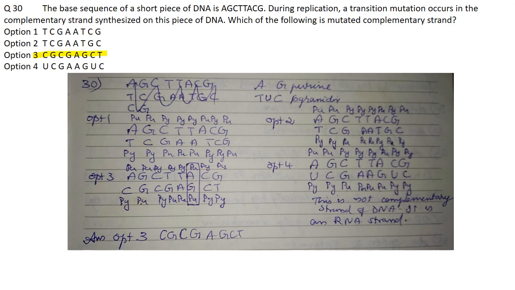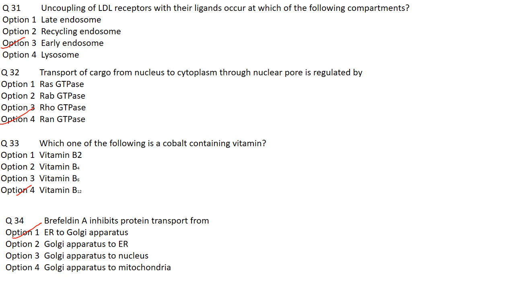Then coming to the next question. Uncoupling of LDL receptors with their ligands occurs at which of the following compartments? So in receptor mediated endocytosis, the macromolecule, that is LDL, to be internalized first binds to specific cell surface receptors. Then these receptors are concentrated in specialized regions of the plasma membrane called clathrin coated pits. These pits bud from the membrane to form small clathrin coated vesicles containing the receptors bound to the macromolecule,